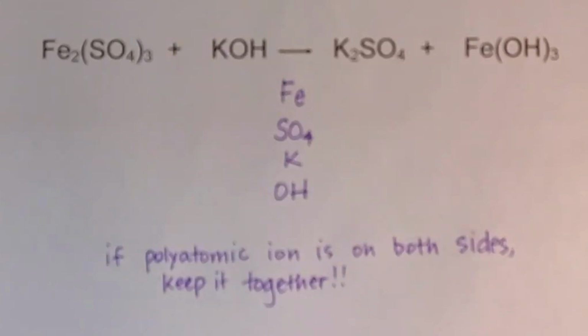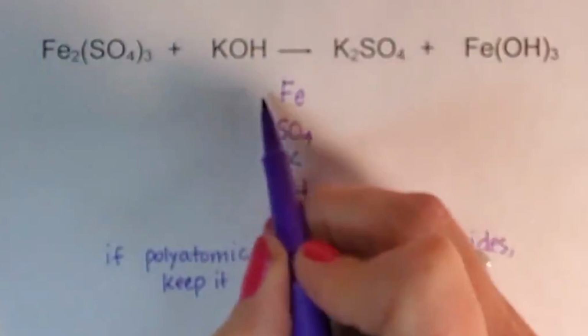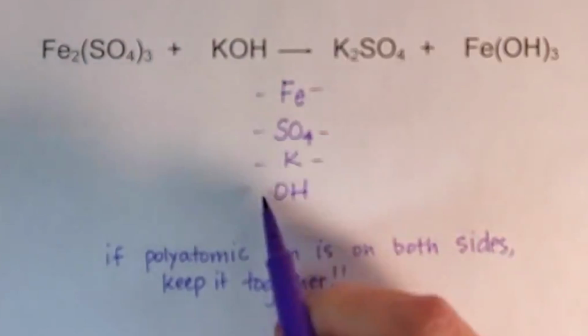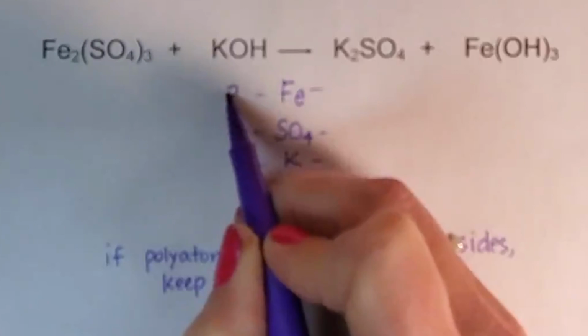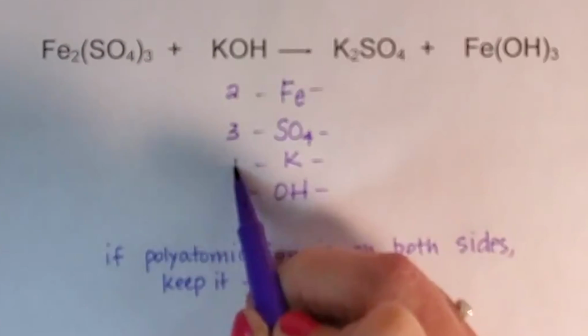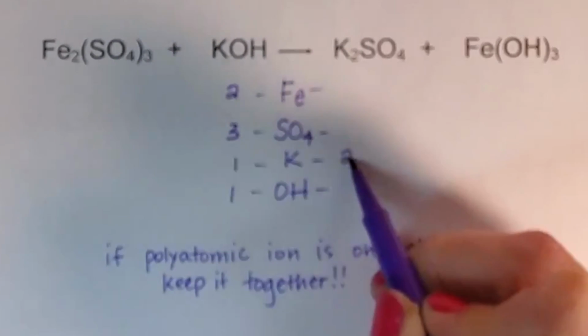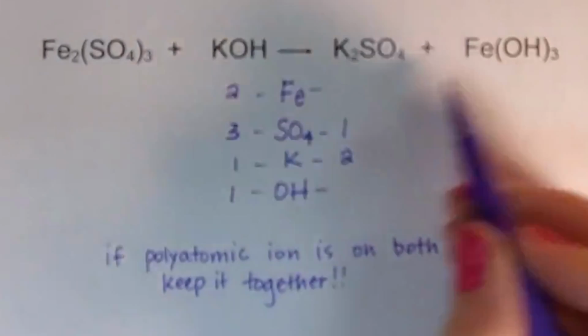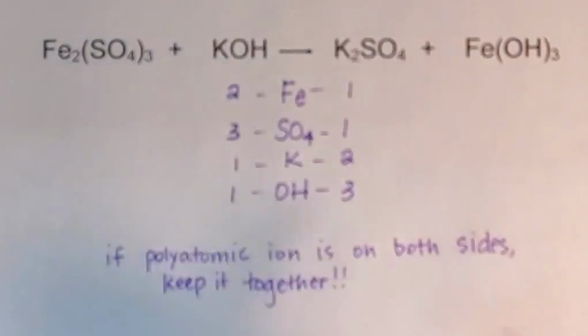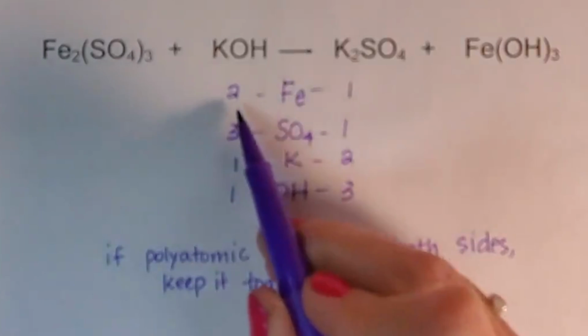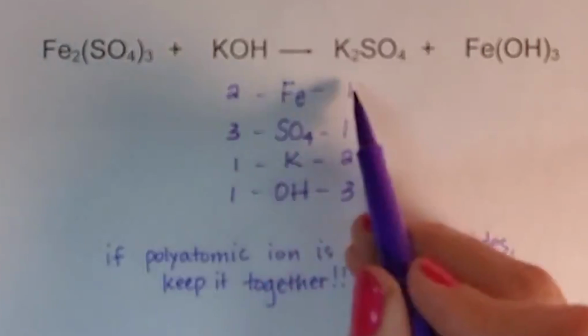Now we're going to do the same thing as we did before. We'll make a list of what we have on the left side. We have 2 irons, 3 sulfates, 1 potassium, and 1 hydroxide. On the right, we have 2 potassium, 1 sulfate, 1 iron, and 3 hydroxides. Since we don't have any elements that have a 2 on one side and a 3 on the other,